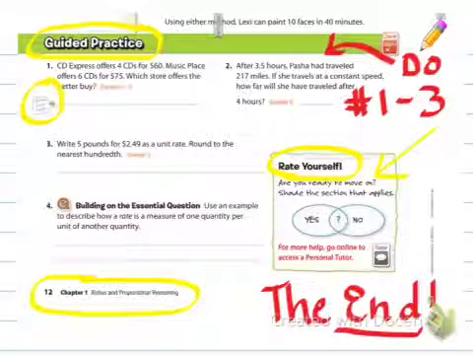And in case you need to refer to the guided practice in the book, we are on page 12 in Chapter 1,